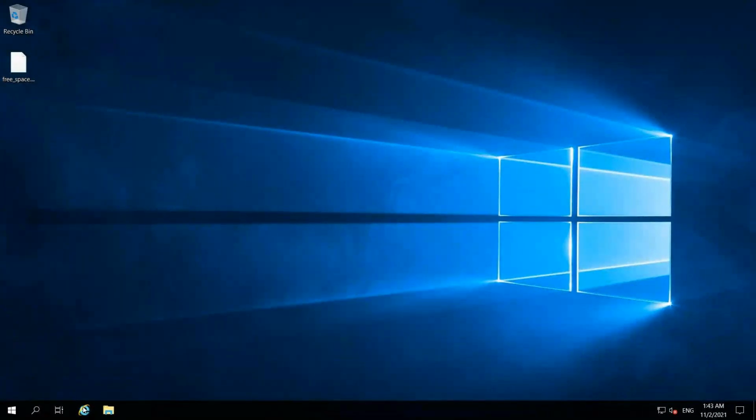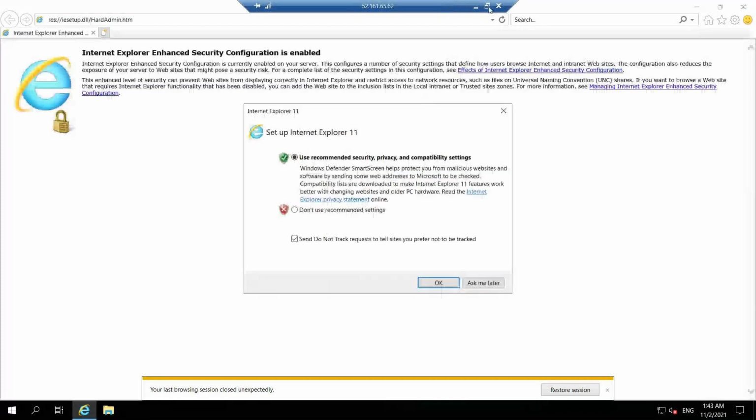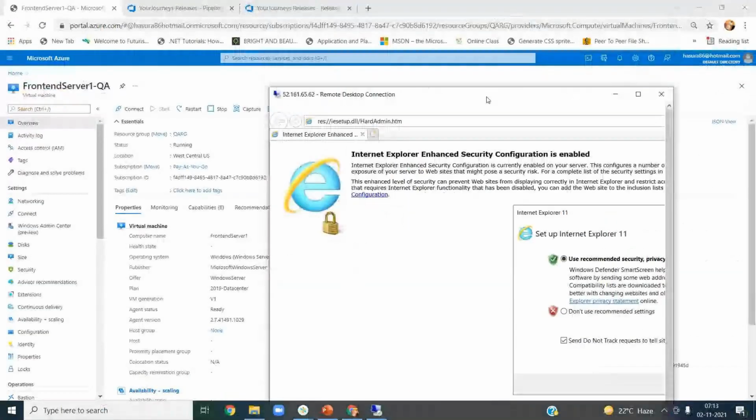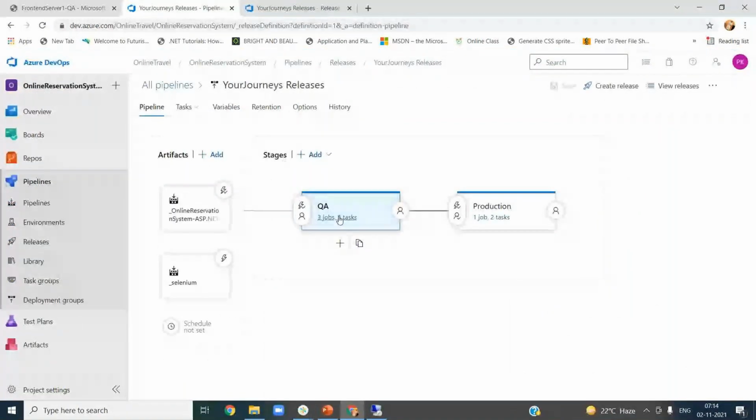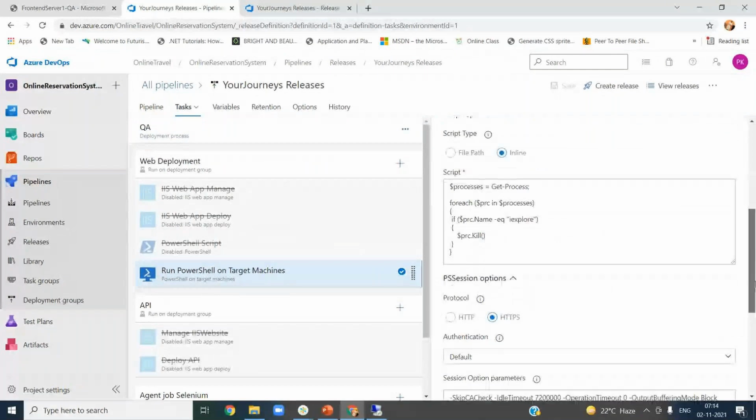So just open this IE, because our script is to close the IE browser if it is open. Let me go to this pipeline. You can see the script here, an inline script: for each process, if there is a process open called IE Explorer, then kill that process. That's the one. Now if you go and run it, create release,